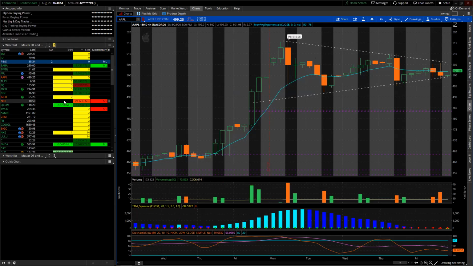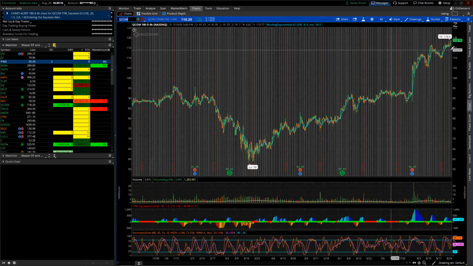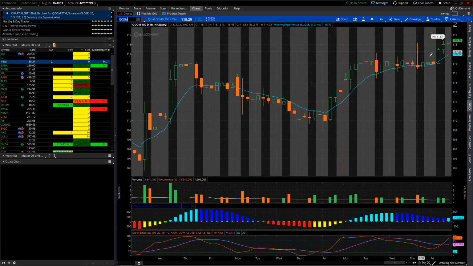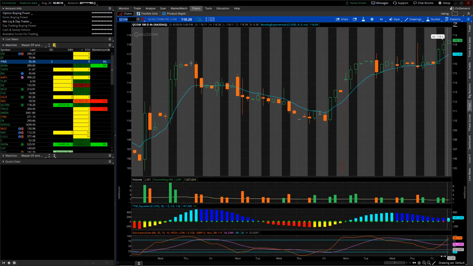We're having a squeeze on multi-time frames, first of all, and we're looking for a good play now to the upside. So now let me show you guys the squeeze I released. So this is telling me Qualcomm had a 4-hour squeeze, and it's 1 period into being released. Let's look at that. Qualcomm. So this is the type of trade I'm looking to take. It's squeezed for multiple periods. We get this squeeze pattern up here on the 4-hour, and we get a breakout.